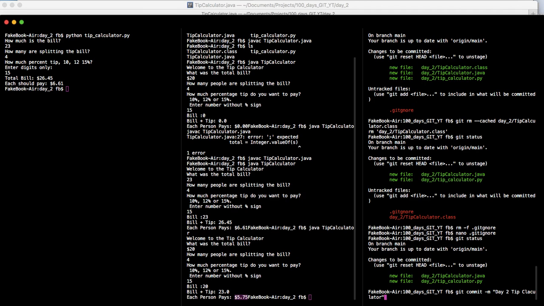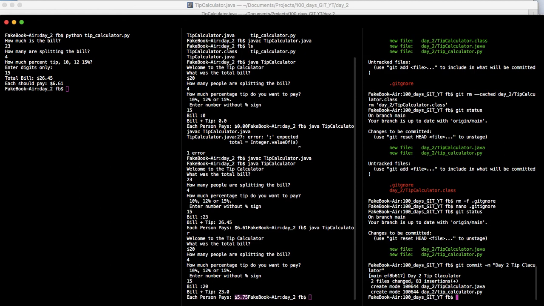That's our main message tag, and then we hit enter. Misspelled calculator, but it's okay. There it goes. And then the last thing that we need to do before we close, you guessed it, git